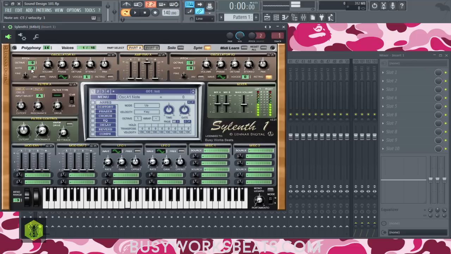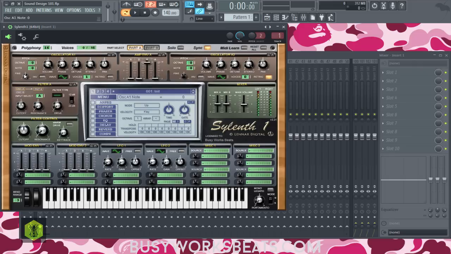So if I hold the middle C and I change this to +1, even though I'm playing middle C on the keyboard, it's actually going to play C sharp. Okay, so we can transpose the note. Now that will be important when you get to chord stacks and adding fifth stacks and different sound design techniques. So that's one way to do that without having to manually play that note on the keyboard. So that way you can have multiple notes playing at the same time without playing the notes.